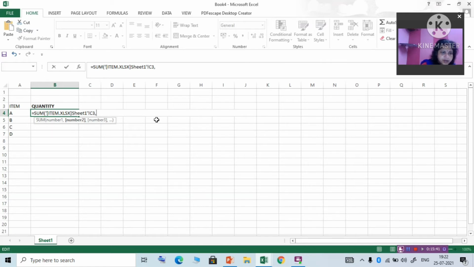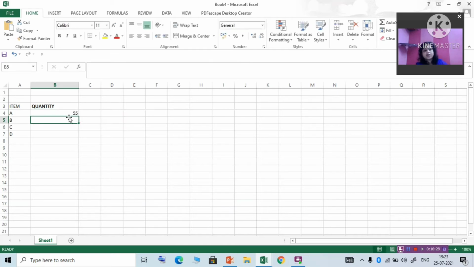In the same way, give an apostrophe, then the file name item1.xlsx, close the bracket, the sheet the data will come from, which is again Sheet1, exclamation mark, C3, close the bracket.